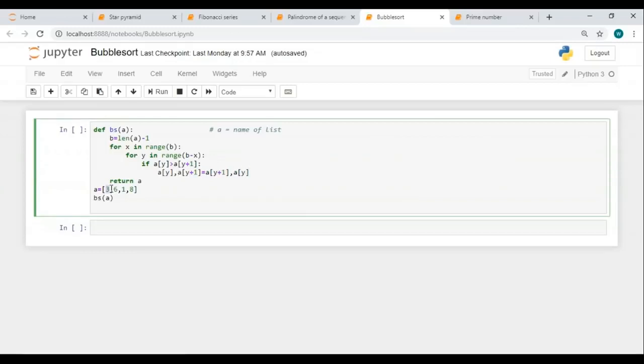So if 3 is greater than 6, then 3 and 6 will be swapped. So in the first iteration of here, since 3 is not greater than 6, this will not be swapped.